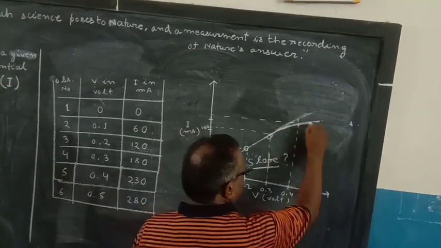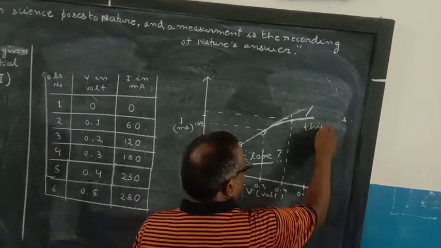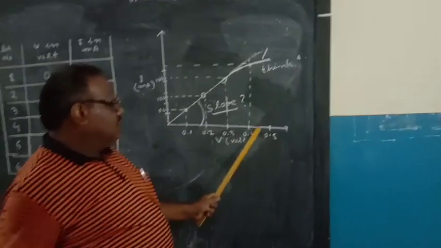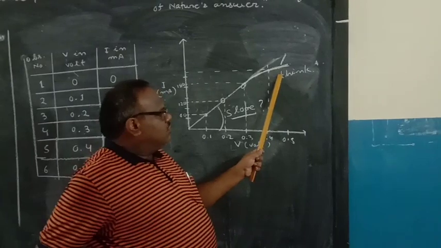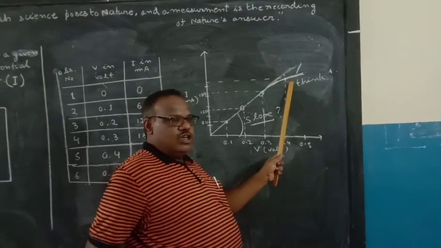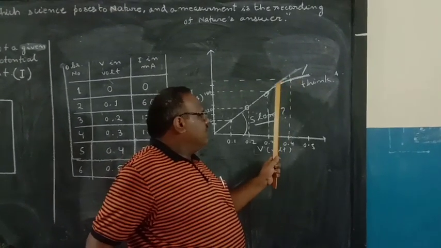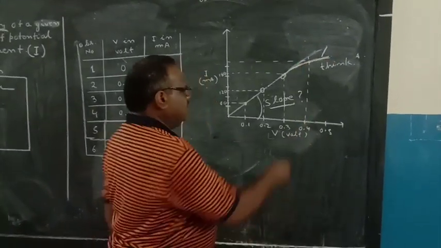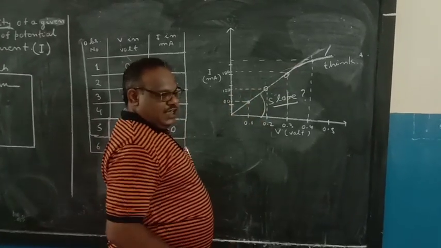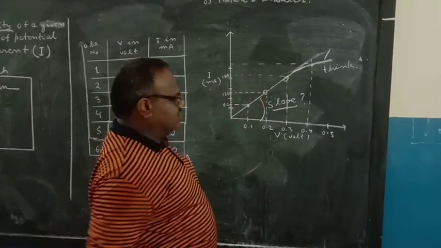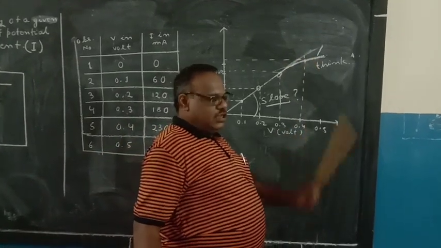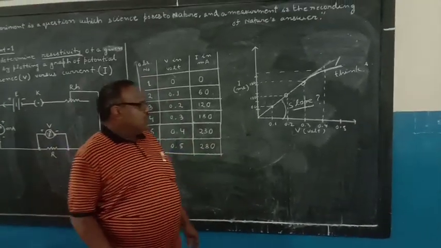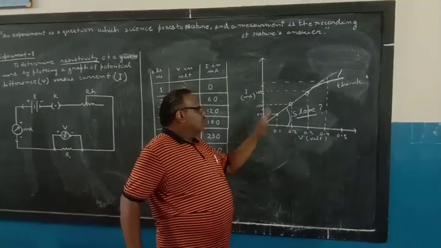So this is the thing to think about. Because what will happen when I slightly increase the current, the temperature will be increased. If the temperature is increased, the graph is slightly bent like this. If the graph is slightly bent like this, it means the slope is decreasing. As the slope is decreasing, the resistance is increasing. So usually one question was given last year in the CBSE. When we are dealing with Ohm's law, we are dealing with low temperature or low current.